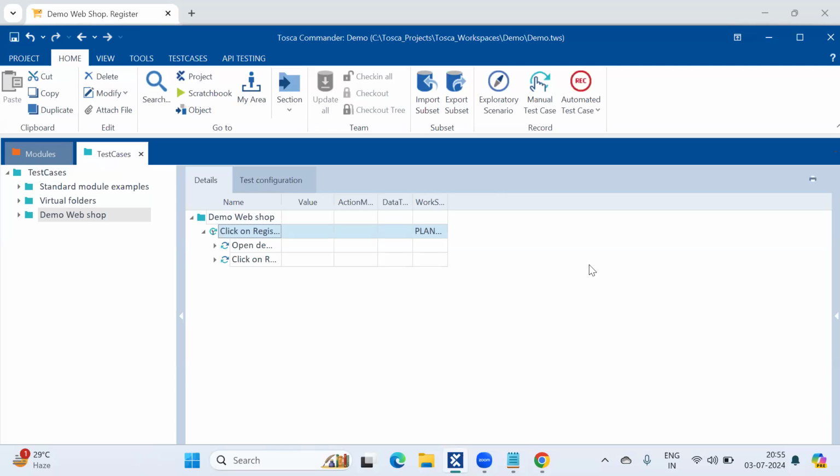And how many frameworks are there? Two frameworks: the classic framework and the T-box framework. Tosca Wizard contains the classic framework. Nowadays, no one is using classic frameworks. Everyone is working on Tosca Commander, that is the T-box framework. Are you clear now? Yes, ma'am.